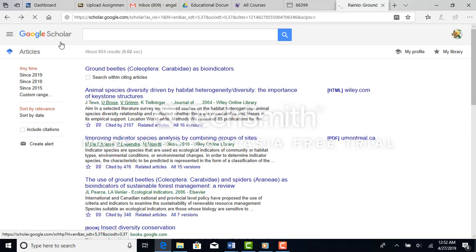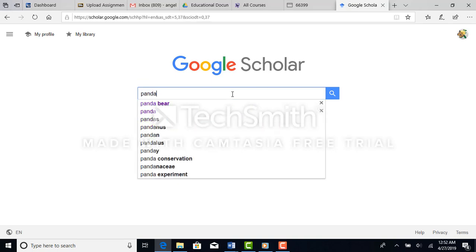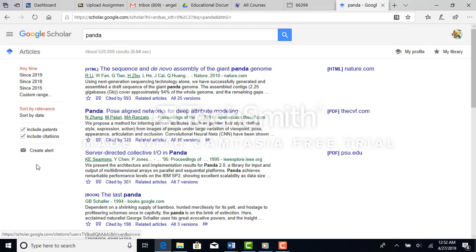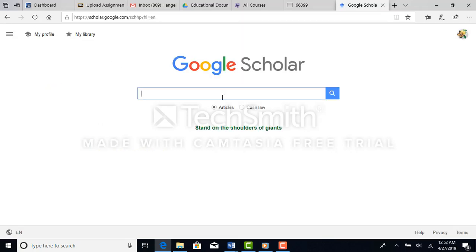You can also, from the home screen, we'll go back to the home screen and type in another subject, and we can do an alert query for just "Panda" in the title. So anything that comes up with Panda, I'd hit create alert and it would email me and let me know, hey, anytime research is published in peer-reviewed journals and it has to do with pandas, it's going to be sent to me. Okay,